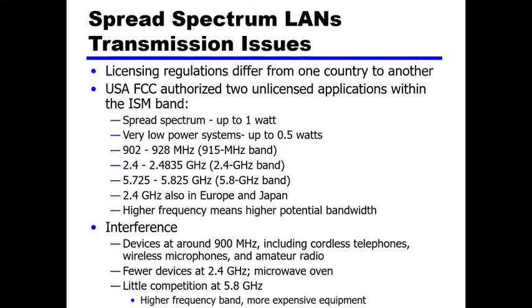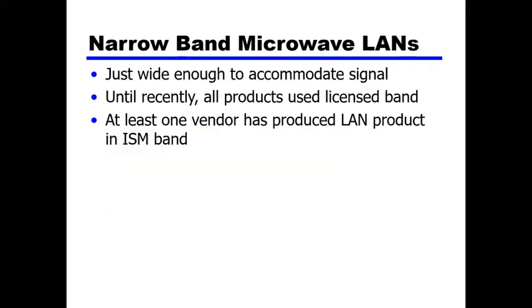Interface devices at around the 900 megahertz included cordless telephone, wireless microphones, and amateur radio. Fewer devices at 2.4 gigahertz, microwave oven, then little competition at 5.8 gigahertz higher frequency bands. Now we can study the narrowband microwave LANs,